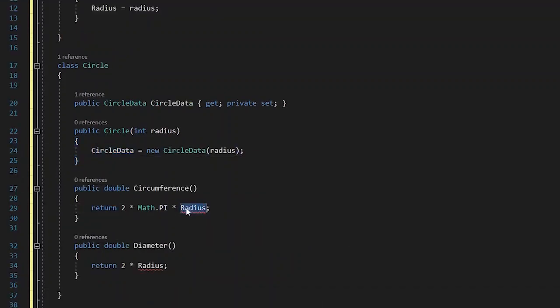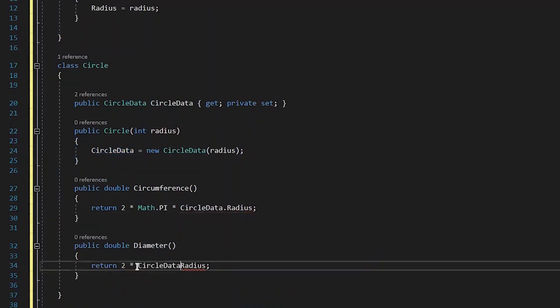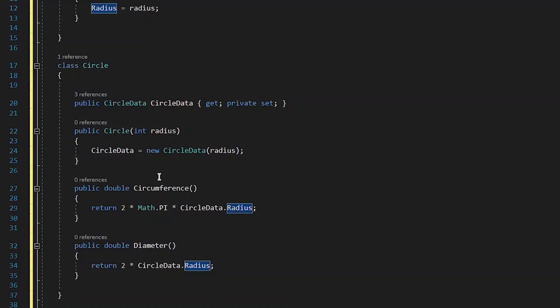So circleData.radius. In this way, we are ensuring that our Circle class will not be able to change the radius of the CircleData after a one-time initialization, because we haven't exposed any setter for this radius.